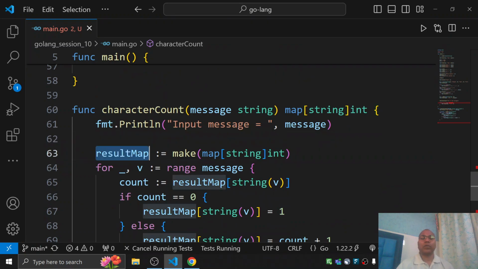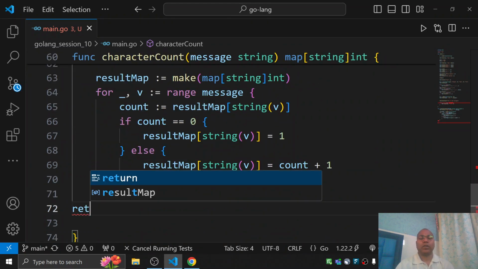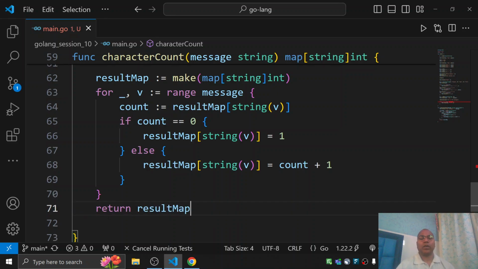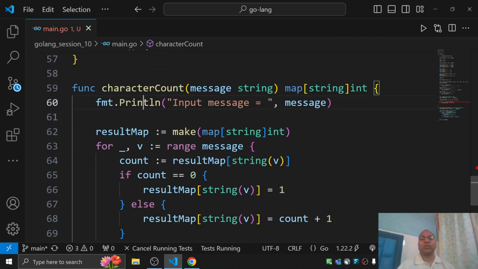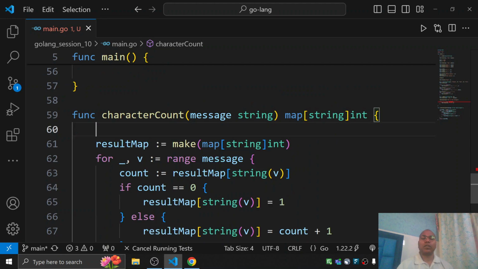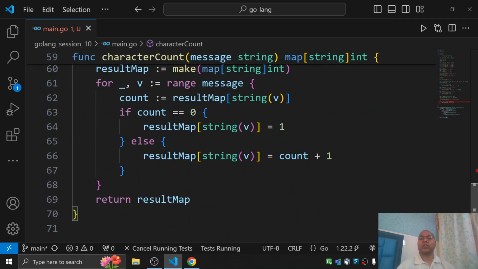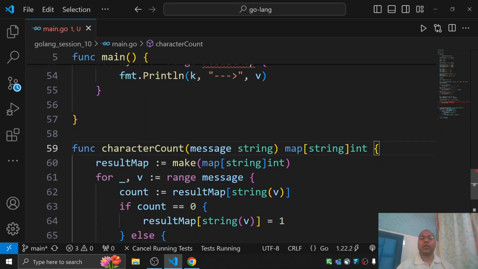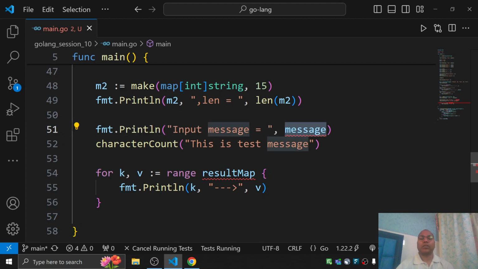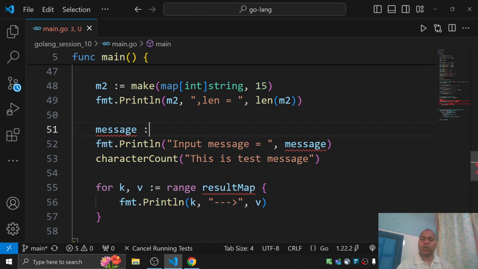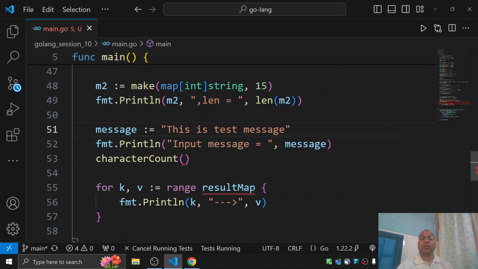And here I am going to return our result map. Generally, whenever you are writing a function, you can just not print the map inside. This is the actual function you wrote, which takes your input string, maybe a message. In this way you generally declare the message, your input string, and pass the message,